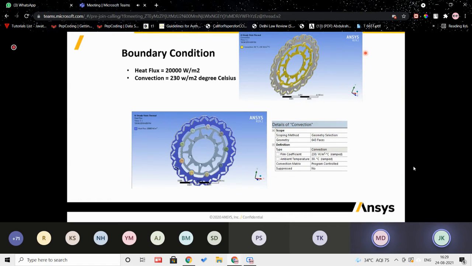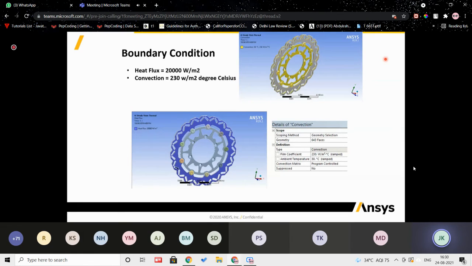But in this scenario, we already know the heat flux generated when the braking is applied on a vehicle at a given speed. So we noted the input, the heat flux generated on this one. You can see that blue color. We applied that heat flux on this. The heat flux is nothing but something you can directly correlate to pressure in the static structural analysis. So we are applying the known heat flux on this side, and we are applying the convection, because the heat will be dissipated, right? It will not remain big due to that convection.